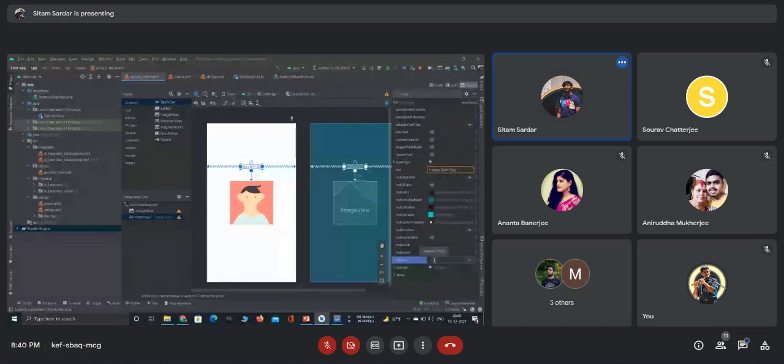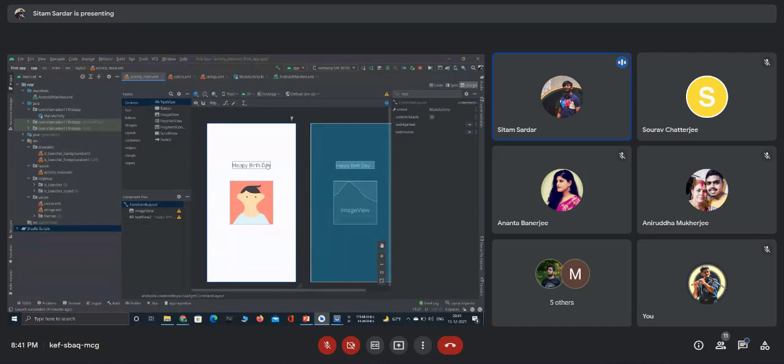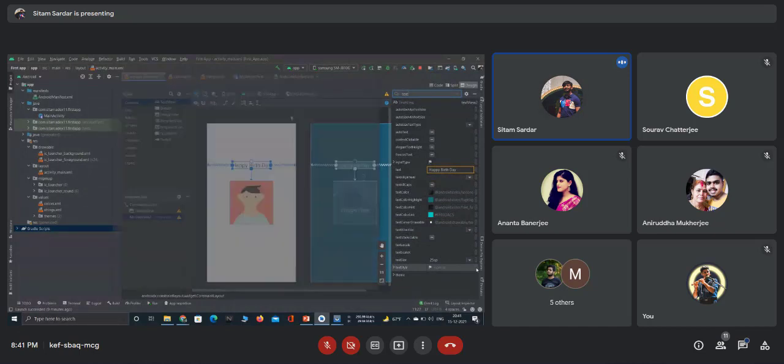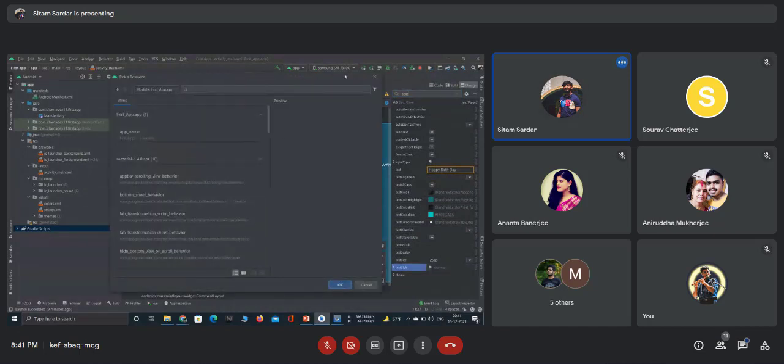Here the default text size is 14 SP. We want some more. So I am giving the text size as 25 SP, let's say. Now it's a little bit larger. Okay. Now, if you want to make it bold, it is called text style.